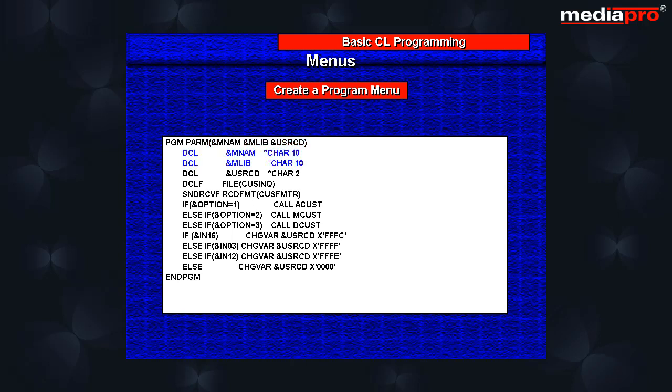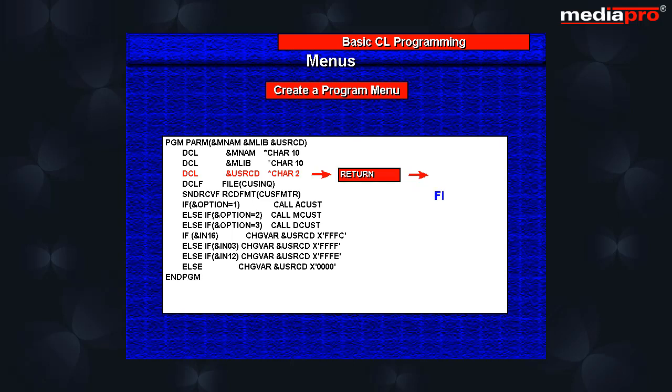The first two parameters are used to pass the menu name and the menu library name to the program. The third parameter is used by the program to pass a return value back to the menu object when the program ends. The return code can take on one of four possible hexadecimal values: